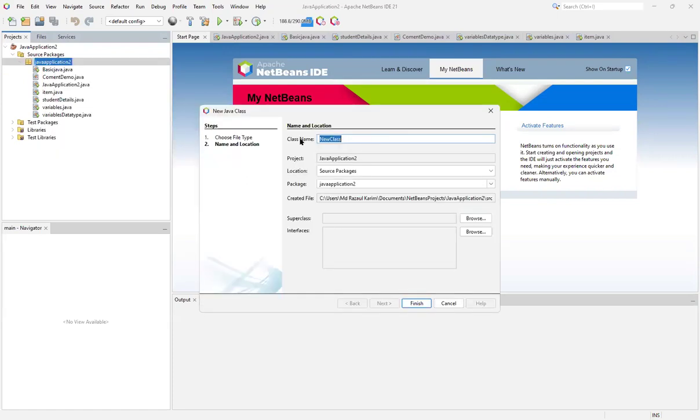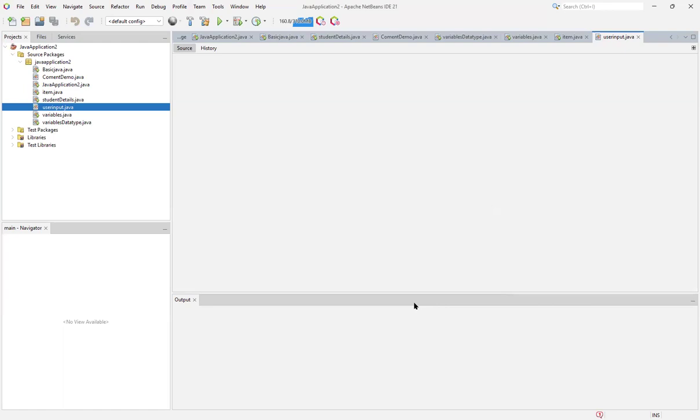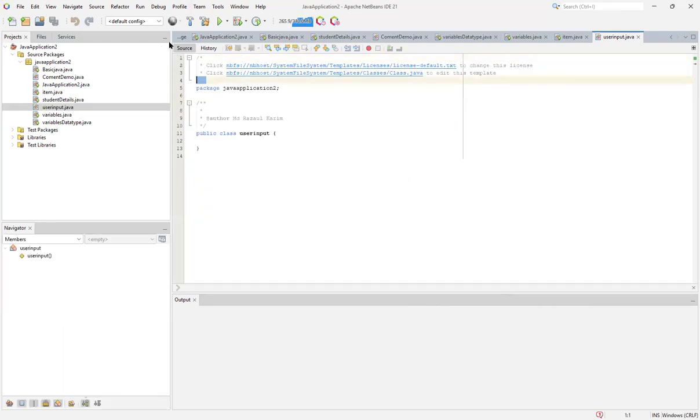Java class. I'll name it user input. You can put any name. Okay, user input. Okay, so at first,